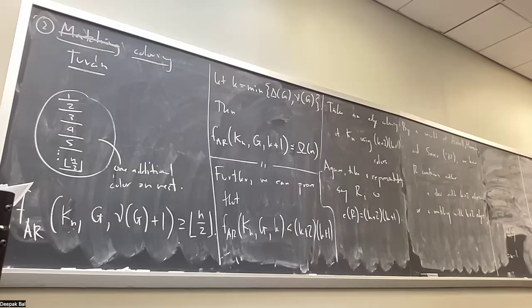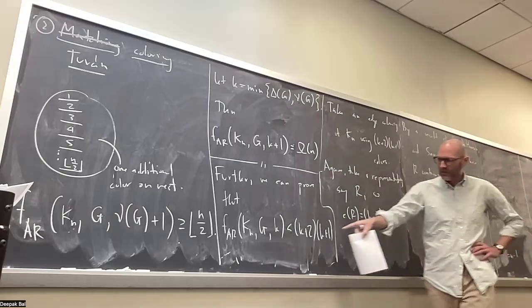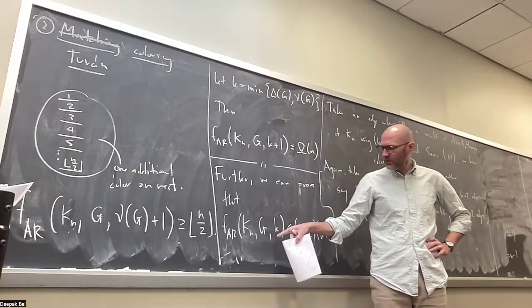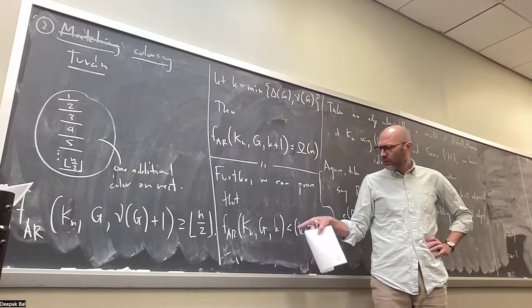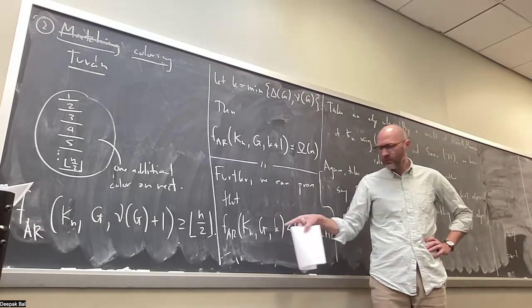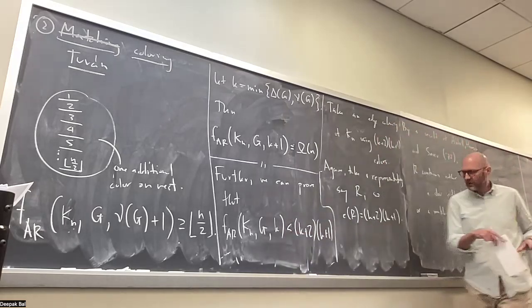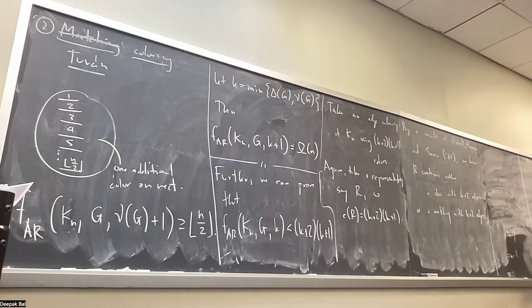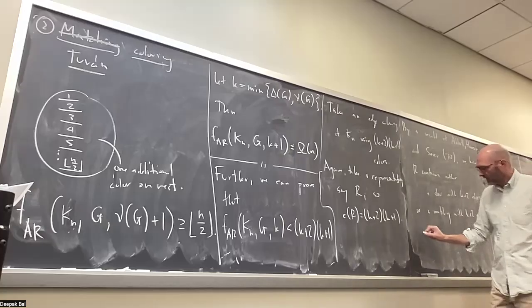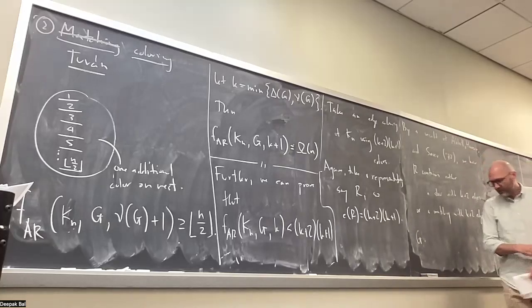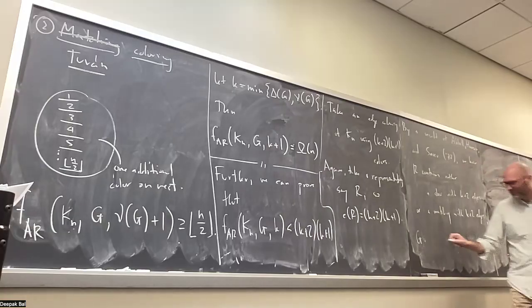So basically, this is too many colors, right? We've got an excess of colors that we want to find inside of a copy of G. We want to find a copy of G with k+1 colors, right? And so what we basically do is some finagling, and this is where I'm going to be a little hand wavy and wishy-washy. What we do is basically we say, well, G is either small,